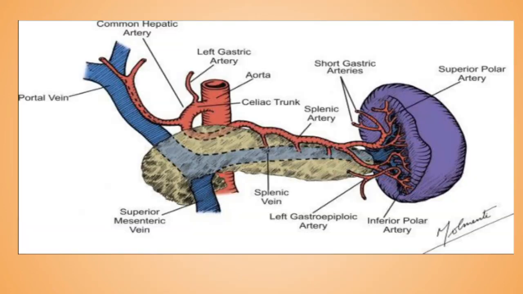Now very important, arterial supply of the spleen. The spleen is basically supplied by the splenic artery, which is the largest branch of the celiac trunk. The artery is actually tortuous in its course to allow the free movement of the spleen. It basically passes through the lienorenal ligament to reach the hilum of the spleen, where it basically divides into 5 or more branches, as you can see.